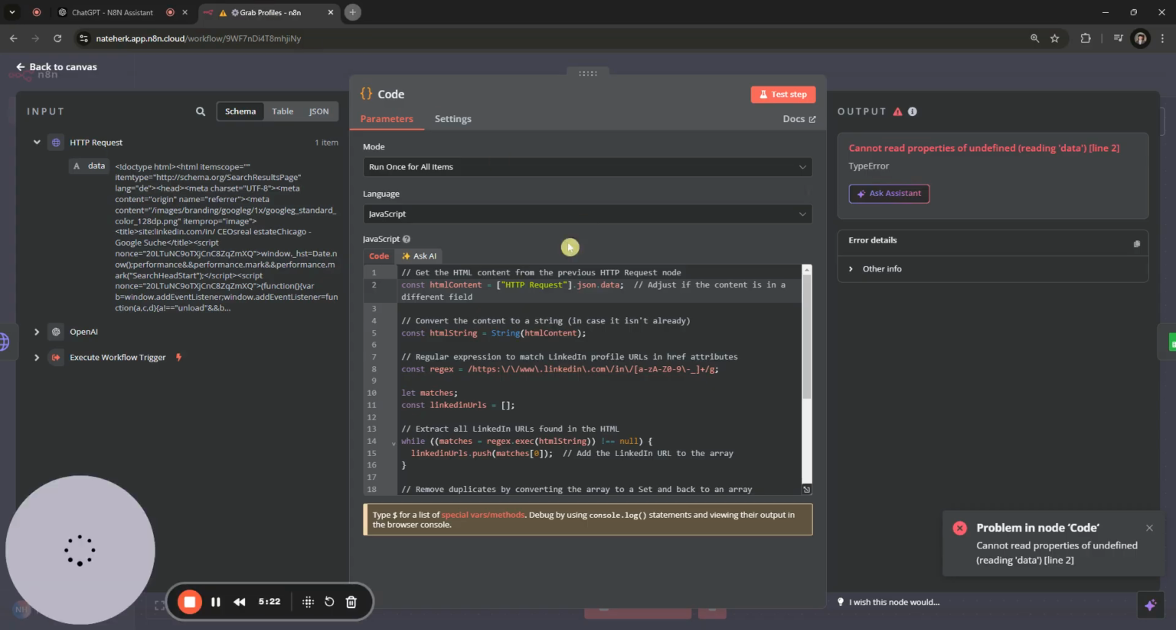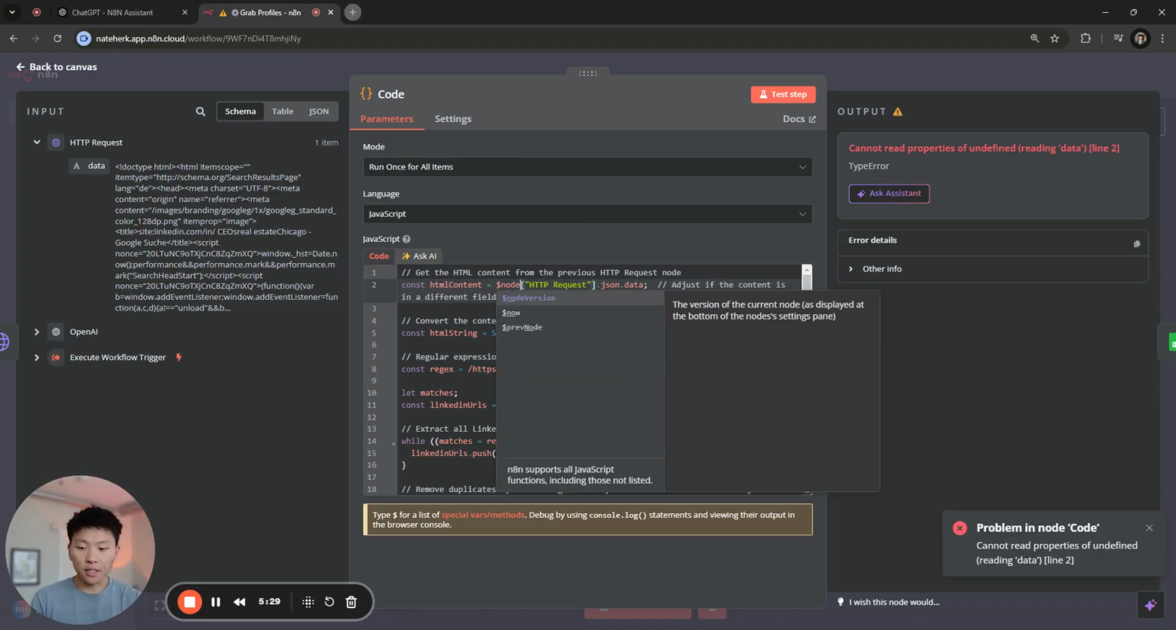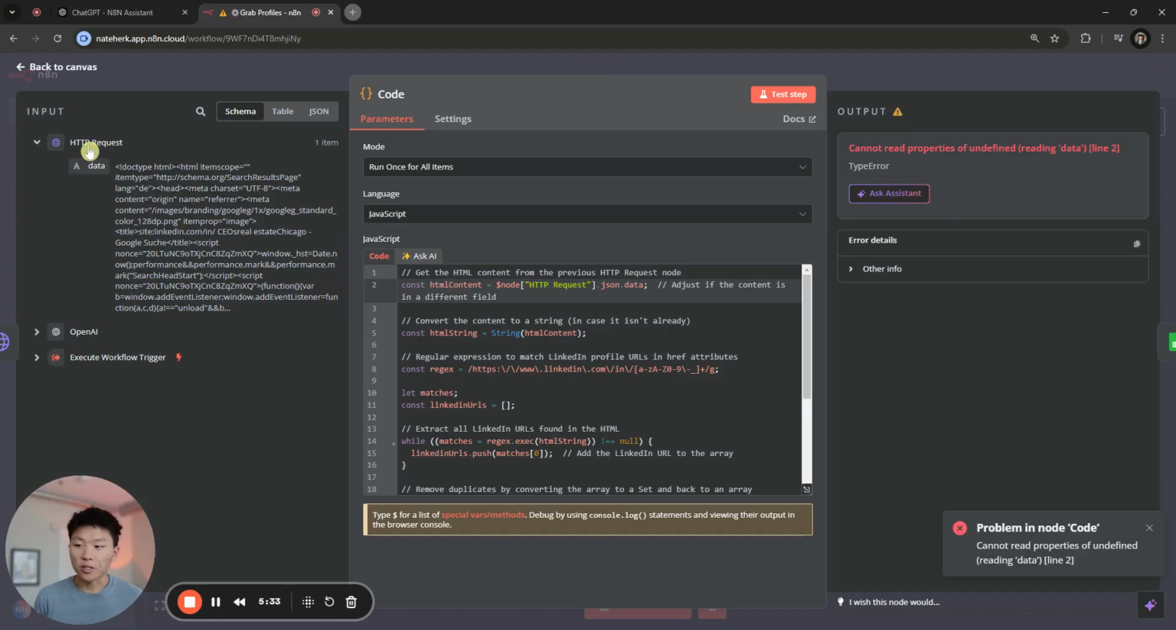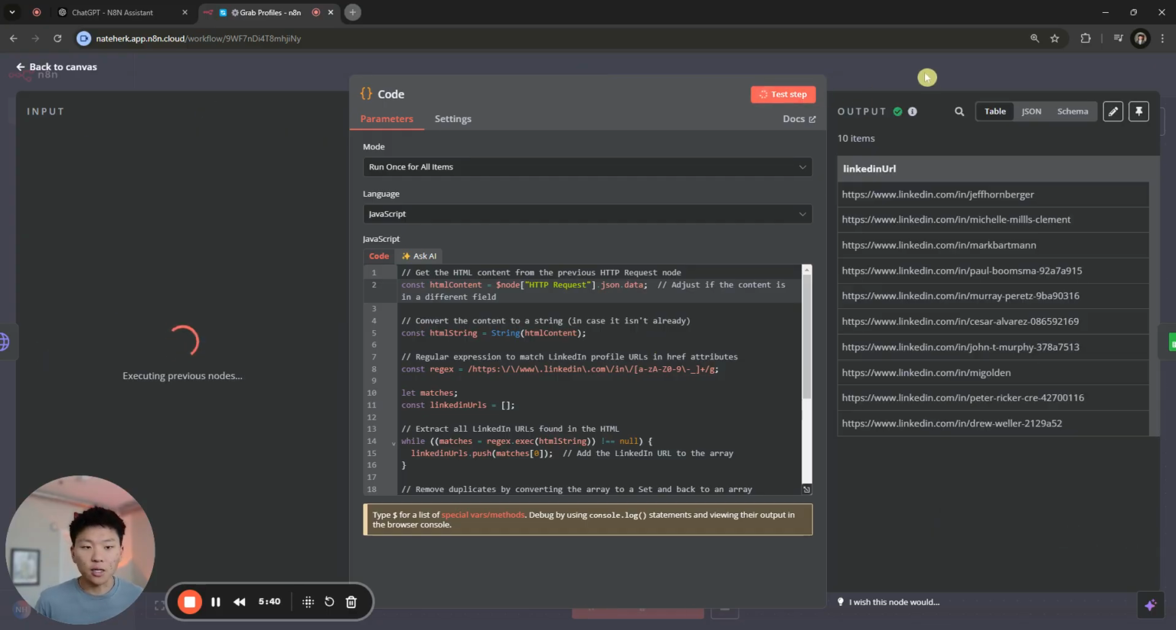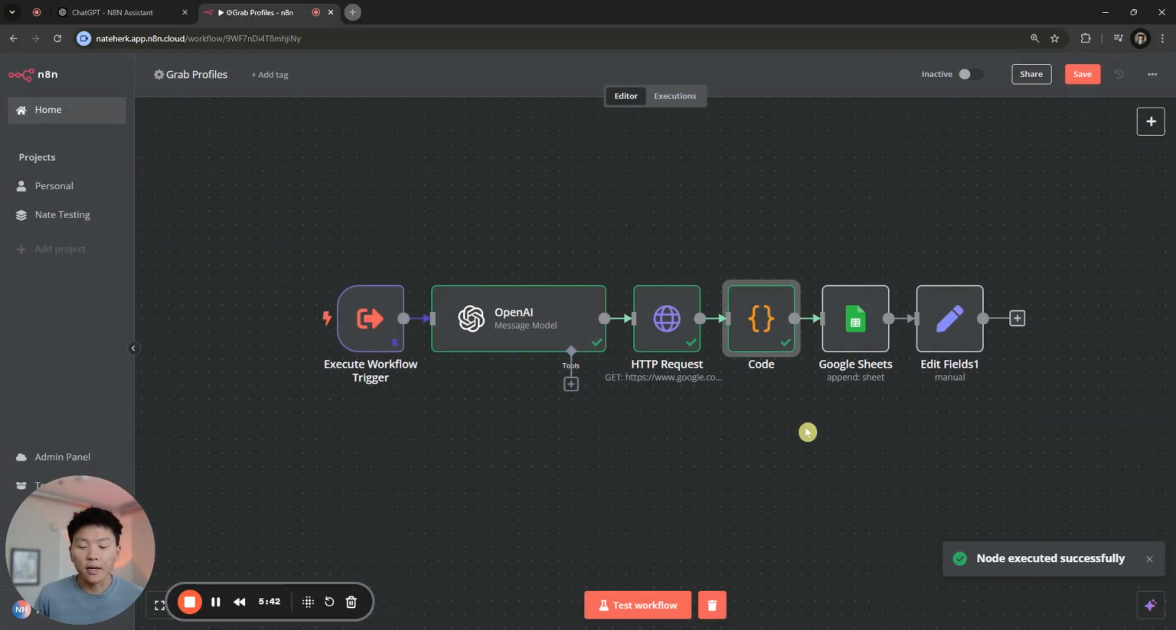Basically this is telling us that we need to reference the previous node. So it's like a $node, and then it's going to show we're now referencing HTTP request, which is this node, and then from HTTP request we want the data, so JSON.data. So that should work now. As you can see, that came back, but